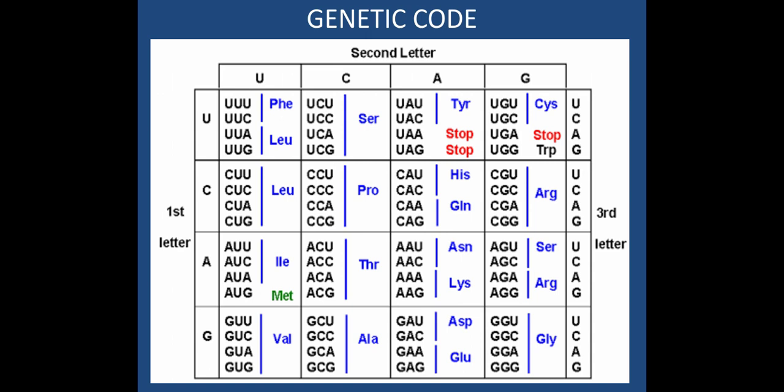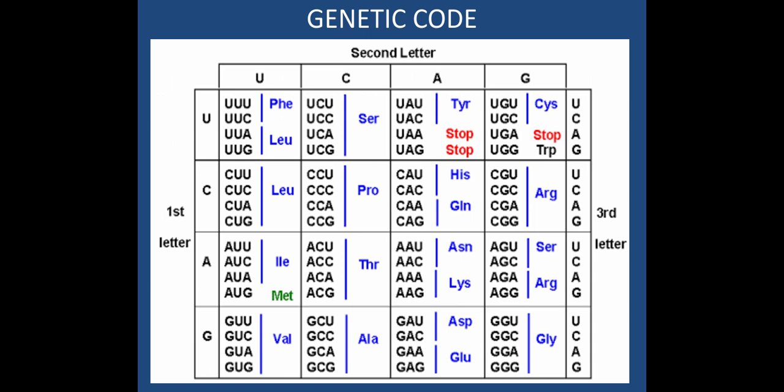Now, what is a codon? A codon is a set of 3 nucleotides in mRNA that represents the instruction for incorporation of a specific amino acid. As we see in this table, there are 64 codons, but only 61 codons code for amino acids. 3 are stop codons and 2 are start codons. The 3 stop codons are UAA, UAG, UGA. The start codons are AUG, which also codes for methionine, and GUG.